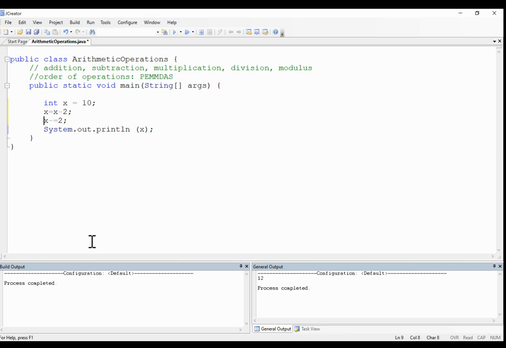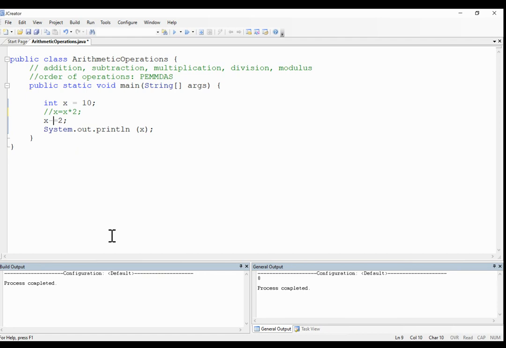So let me show you that they have the same effect. Now let's print the value. After subtracting 2, you get 8, right? Now what about if I use the first expression? You can get exactly the same result because they have the same effect, 8. Okay? Now the same thing for multiply. If you want to multiply by 2,